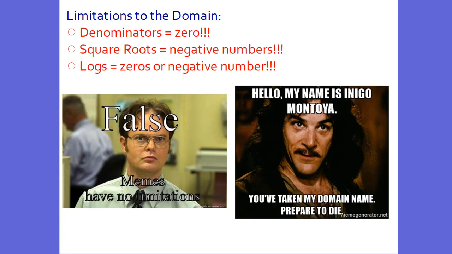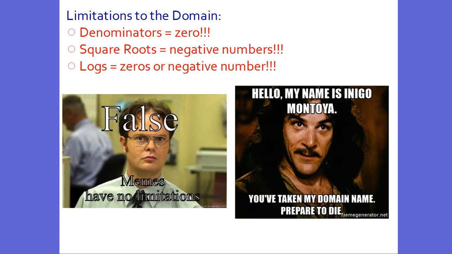There are limitations to domains. We saw this in the last video: when we have vertical asymptotes or holes, this is when the function is not continuous, and these are where our domain is split up from being all real numbers. One of those limitations was when the denominator is equal to 0, when we're undefined. We can't be 0 for the denominator, so that is a limitation to the domain, or the x values,